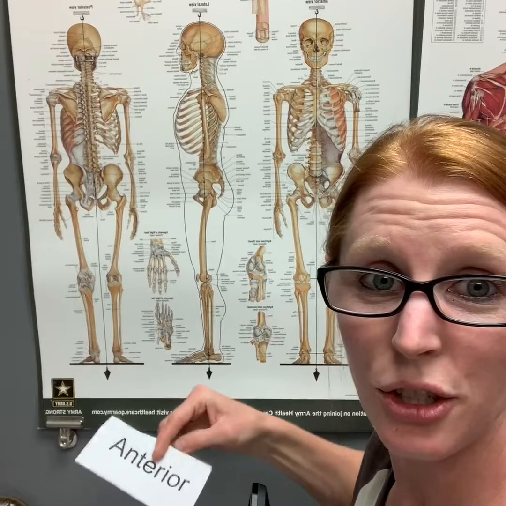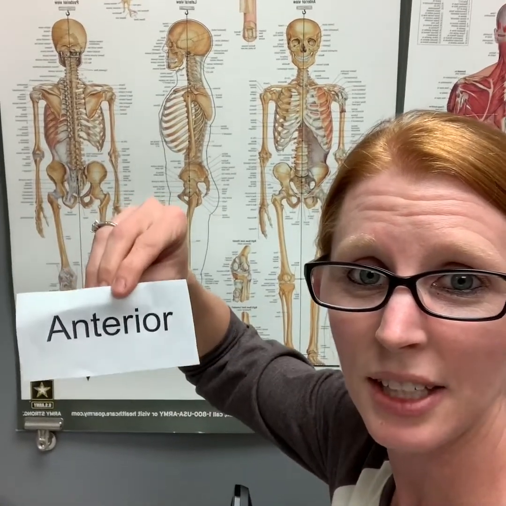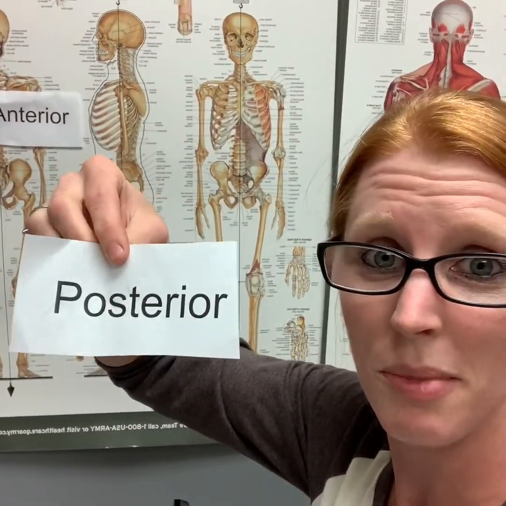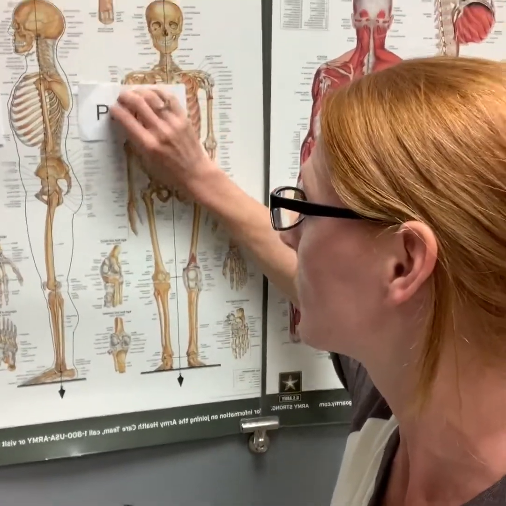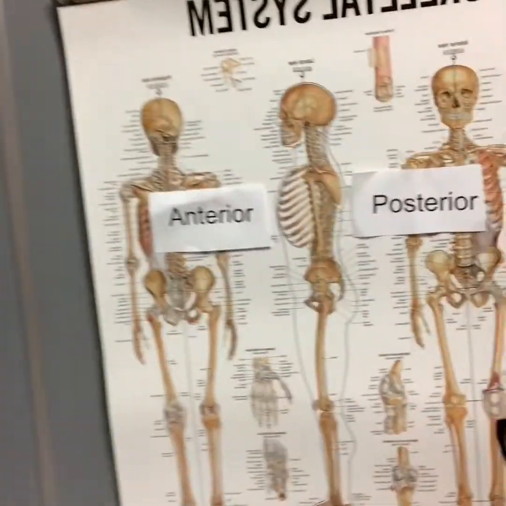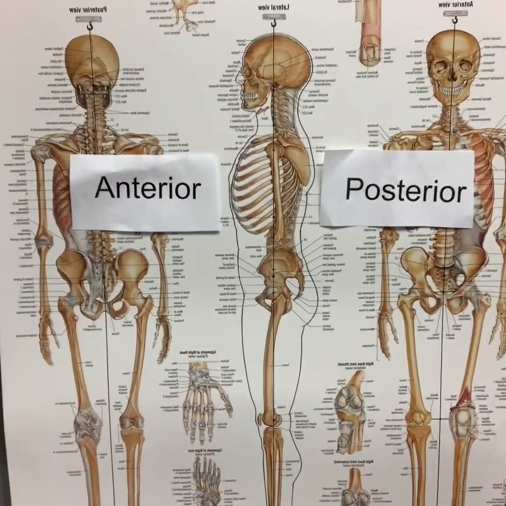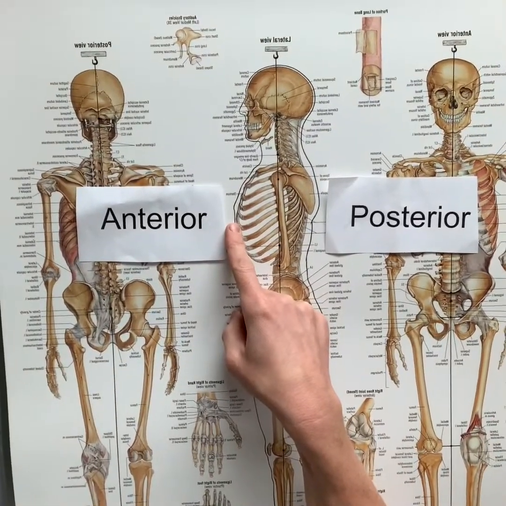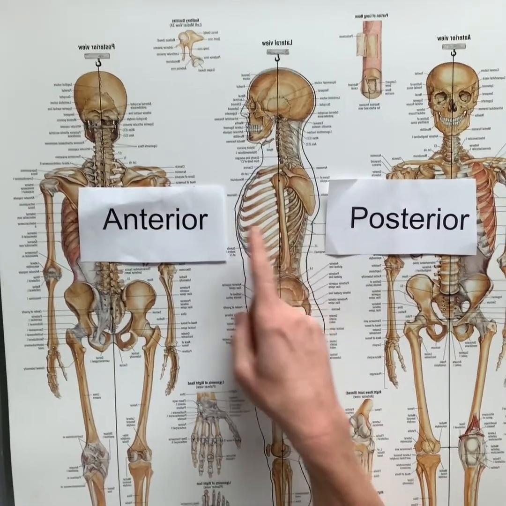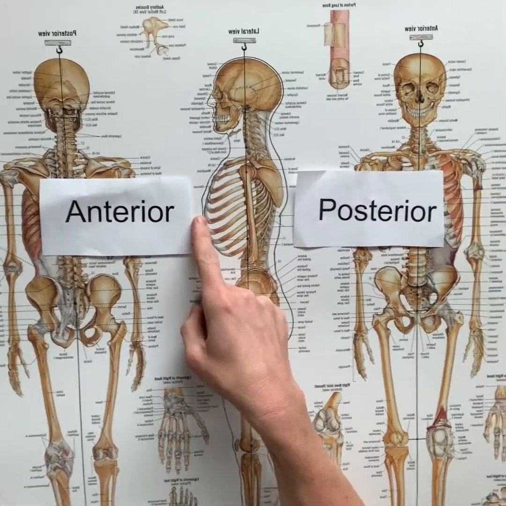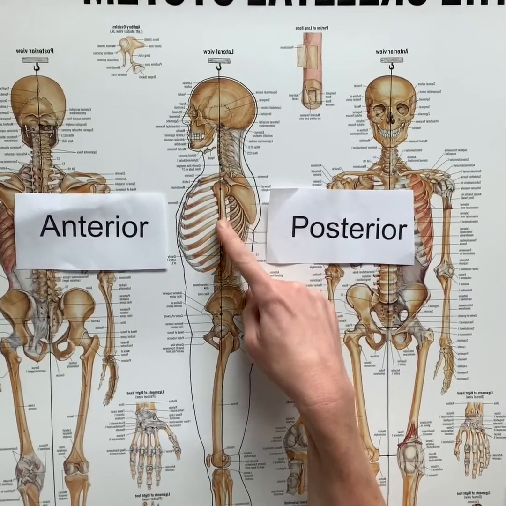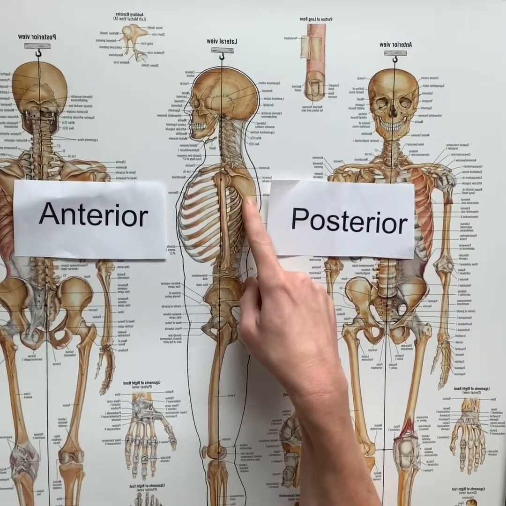All right, so our next two directional terms are going to be anterior, towards the front of the body, and posterior. Posterior means towards the back of the body. If we wanted to look at these directional terms in action, we're looking here at that center model. We could say something like the breastbone is anterior to the spine, so it's towards the front. We could also say things like the scapula is posterior to the humerus, so it's behind,